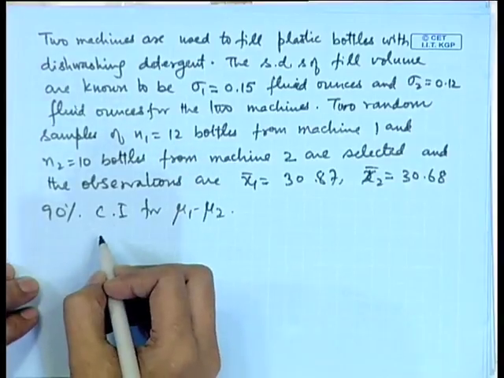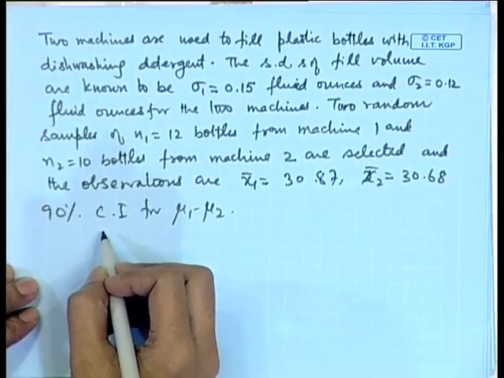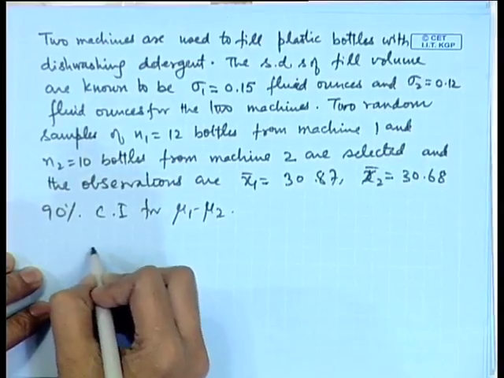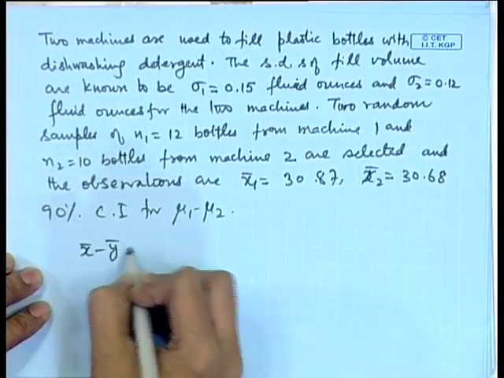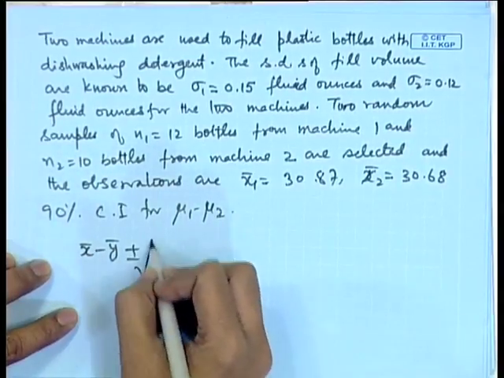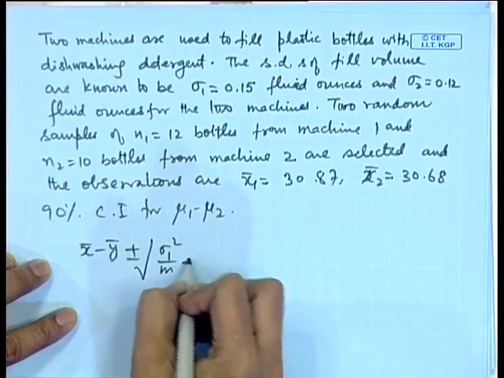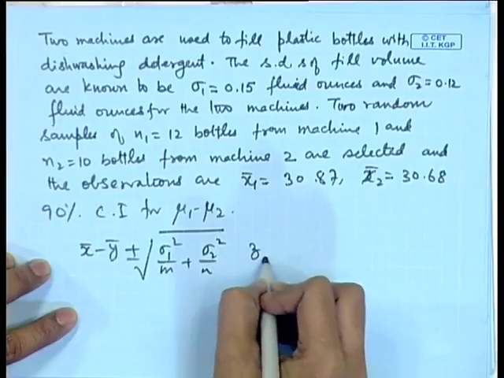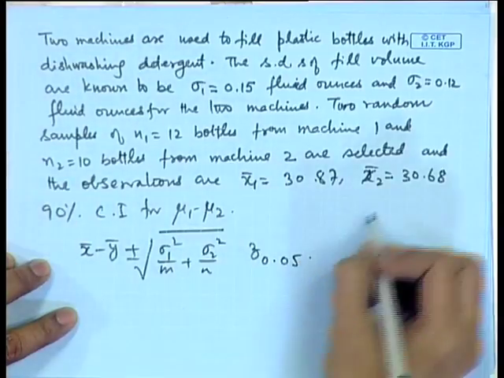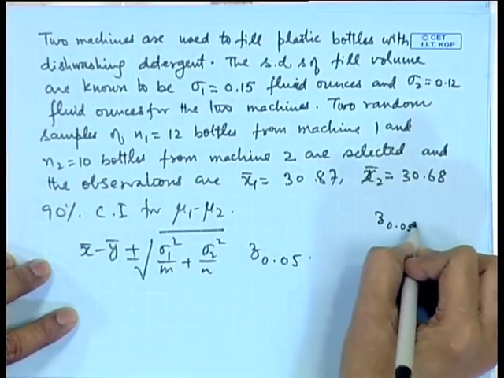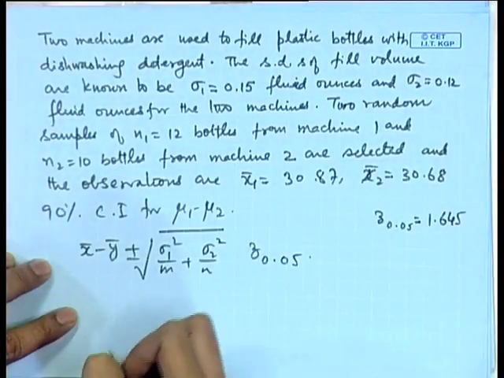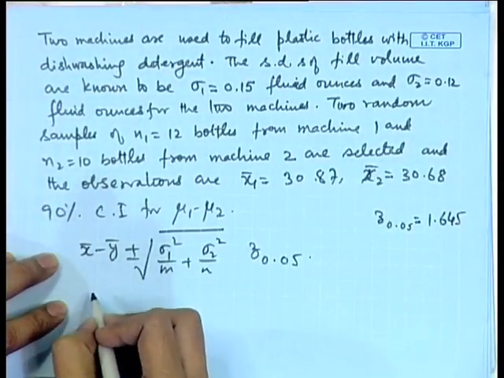So, here we can look at the confidence interval as x bar minus y bar plus minus square root of sigma 1 square by m plus sigma 2 square by n, times z 0.05. Now, z 0.05 we can see from the tables of normal distribution is 1.645. So, this interval becomes